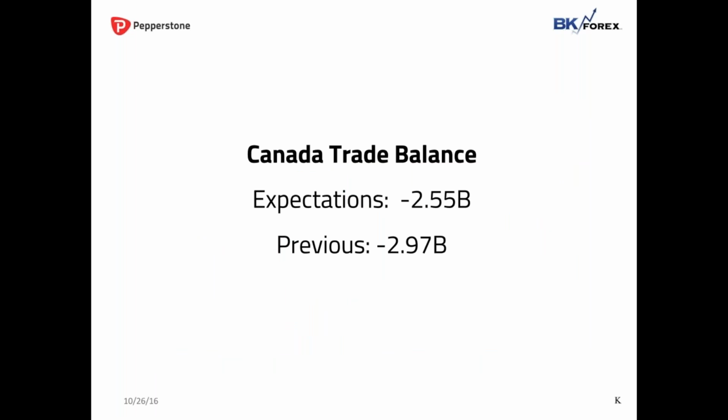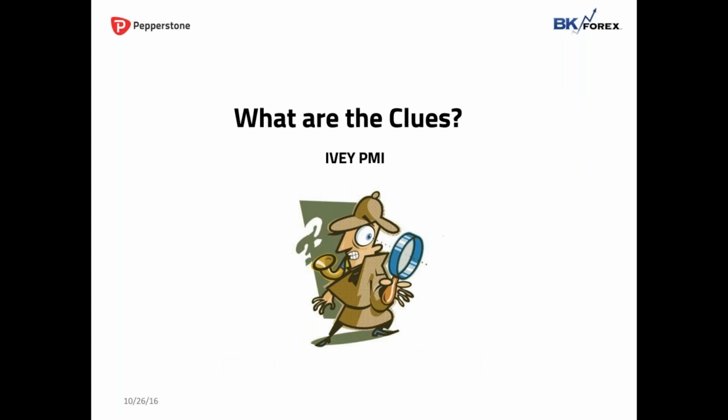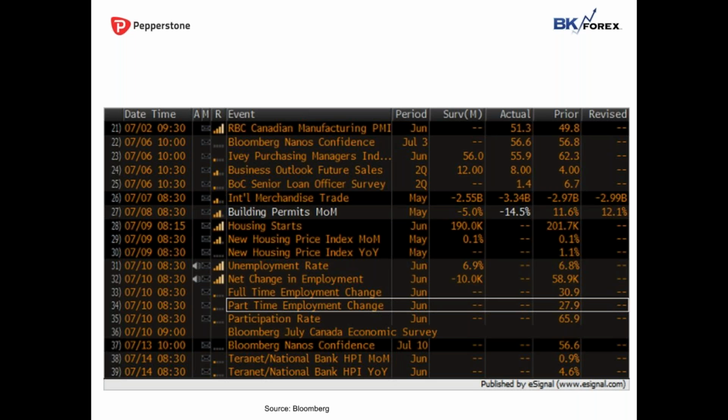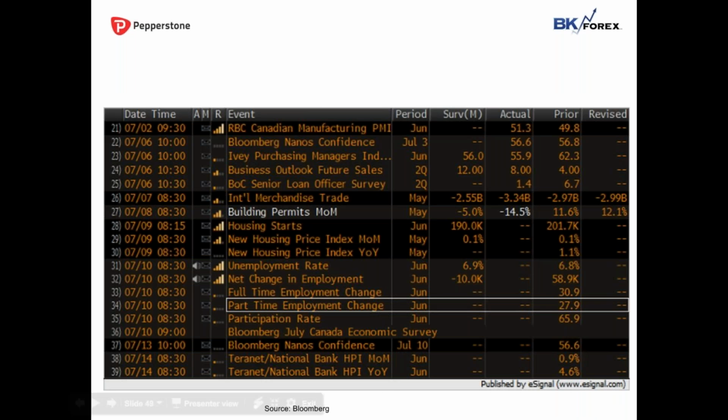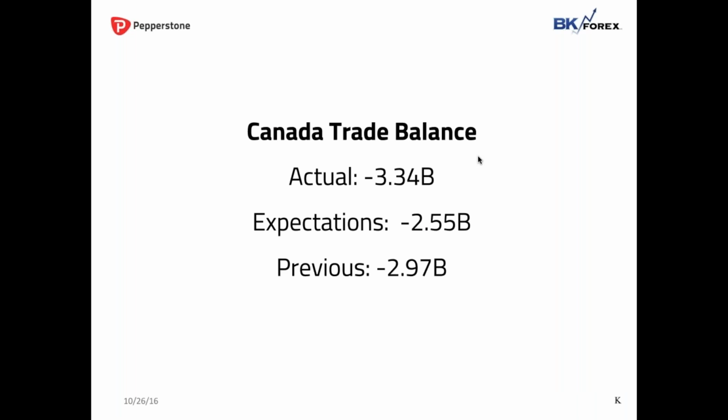Here's another good example. Canadian trade balance, right? The market is looking for -255. The prior was almost -3. Where do we look? We look at the IBPMI, which is a PMI component of Canada. Wait, I'm sorry. No, here's the IBPMI. I'm sorry, not the employment component. We see that the IBPMI, which is their manufacturing PMI, was better, which means that the trade is likely going to be better. So in this particular case, no,